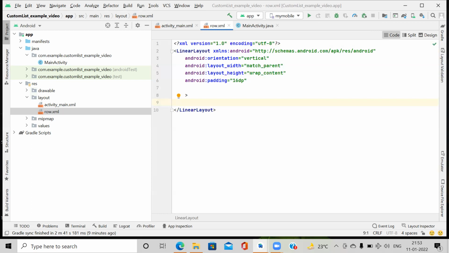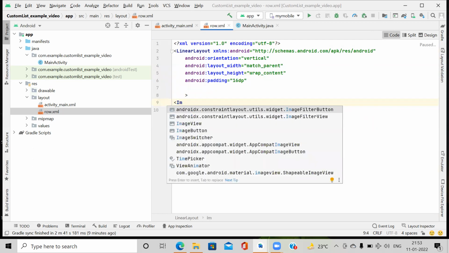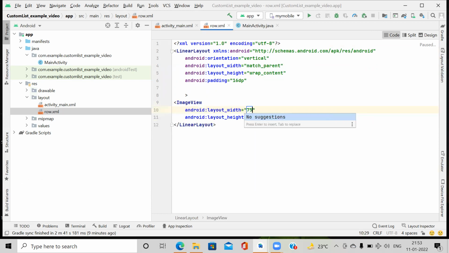In this we are going to set first the image and then the text. So here we start with the image view. I found an icon with 75 height and width, so I set its height and width as 75 dp.